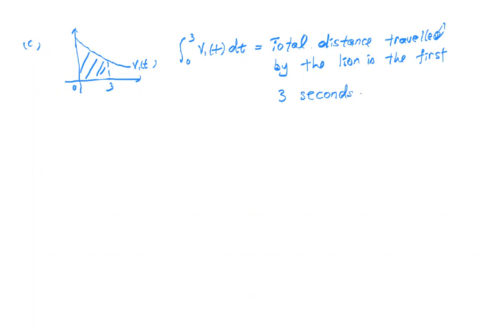So this is the interpretation. What is the value that you get? In the first 3 seconds, this is 38.9 meters. You get me? Okay, so done. Because the whole graph is above the axis, I can say that the lion has traveled 38.9 meters from its starting point in 3 seconds. Then for part D,